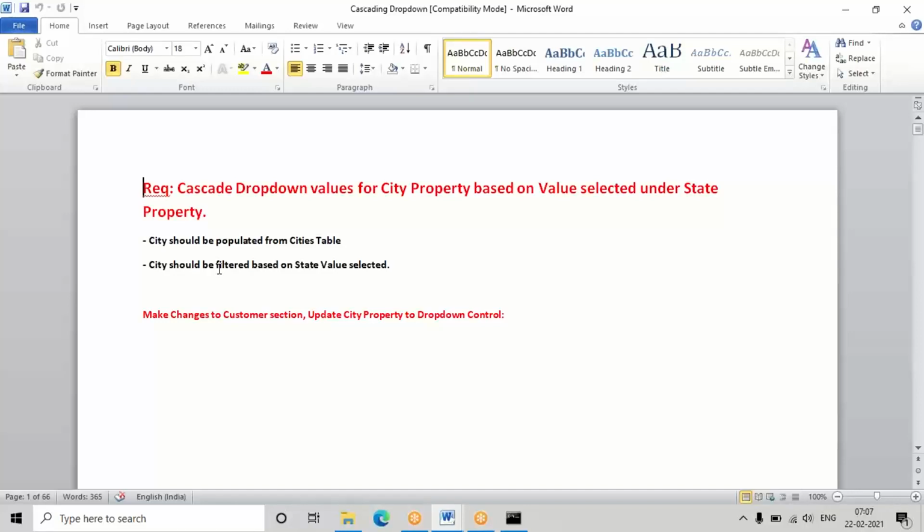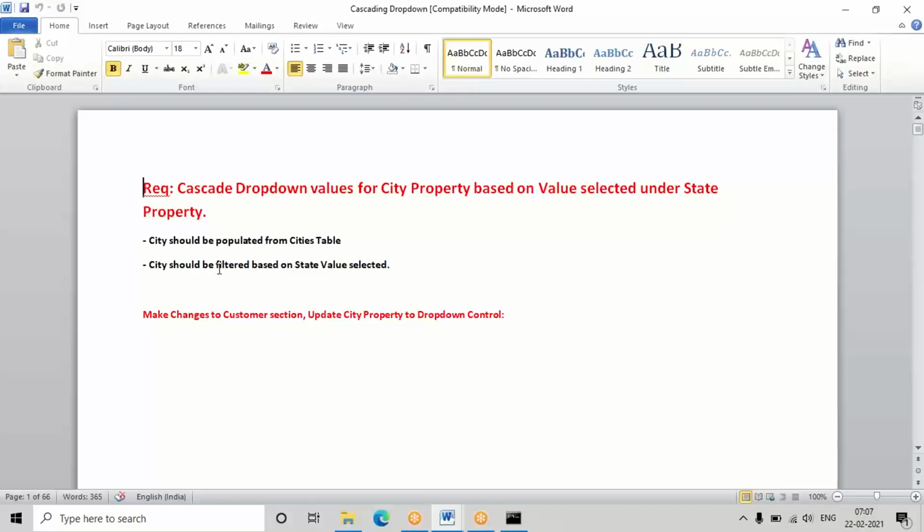We can do this either using a report page or a data page. Actually, I'm going to try both scenarios. First I'll try using a report definition, and the same requirement we will also configure using a data page. One thing is, when doing this requirement, parameters are compulsory. As I said in the previous example, if you use parameters, whenever the input is changed or updated, it will automatically perform that action.